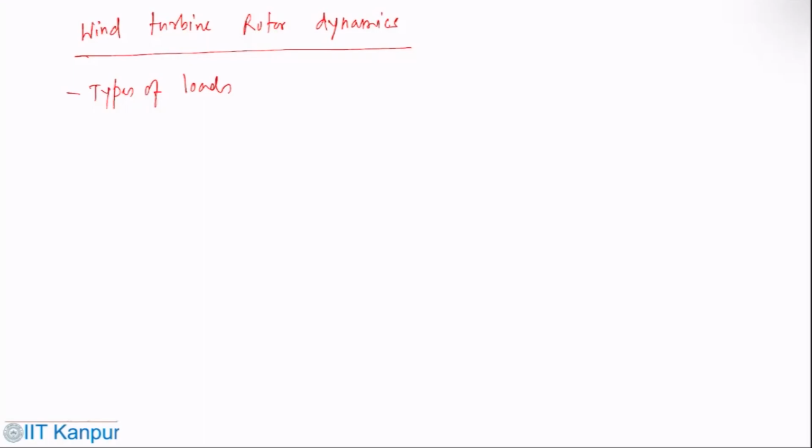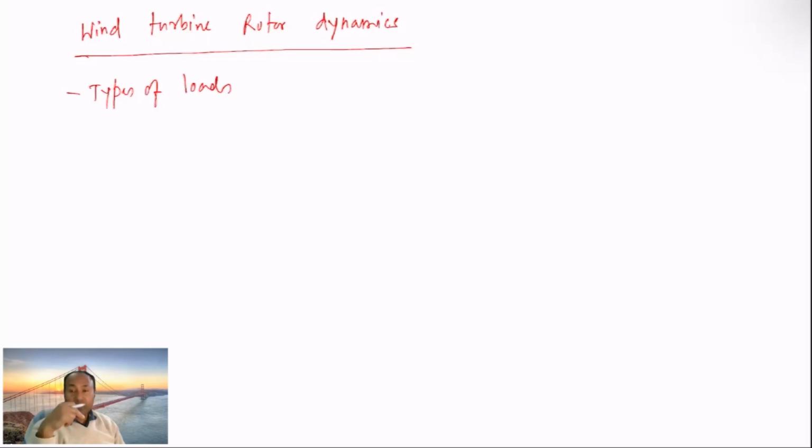Then we had the cyclic loads, which vary in a periodic fashion. Obviously, here we are talking about loads because these are connected to or arise due to the rotation of the rotor. So cyclic loads arise as a result of such factors as the weight of the blades, wind shear, yaw motion. Also, cyclic loads can be associated with the vibration of the turbine structure or some of its components.